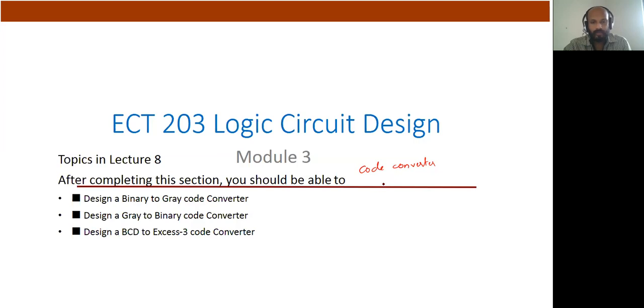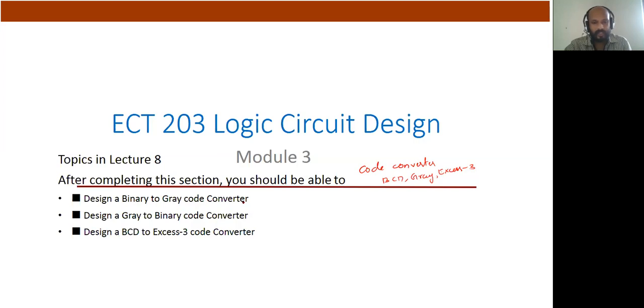So in module 1 we already discussed different types of binary codes and alphanumeric codes, etc. BCD, Gray code, XS3 code and its features. So these are some important codes that are used in logic circuit design or in digital electronics. And any combination you can design: from binary to gray, gray to binary, BCD to XS3, XS3 to binary, BCD to gray, and so on.